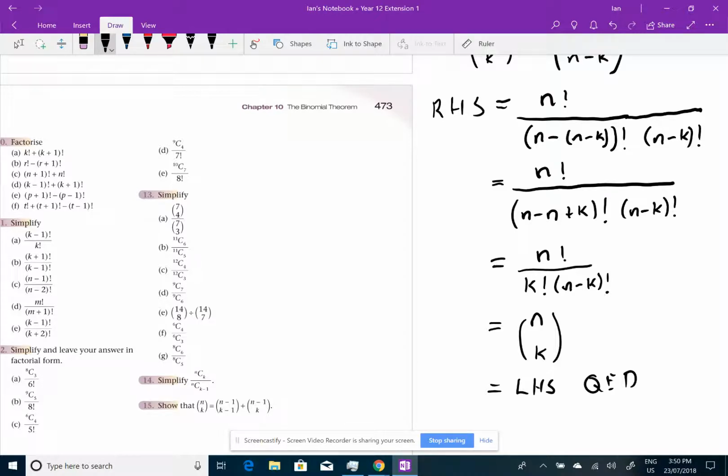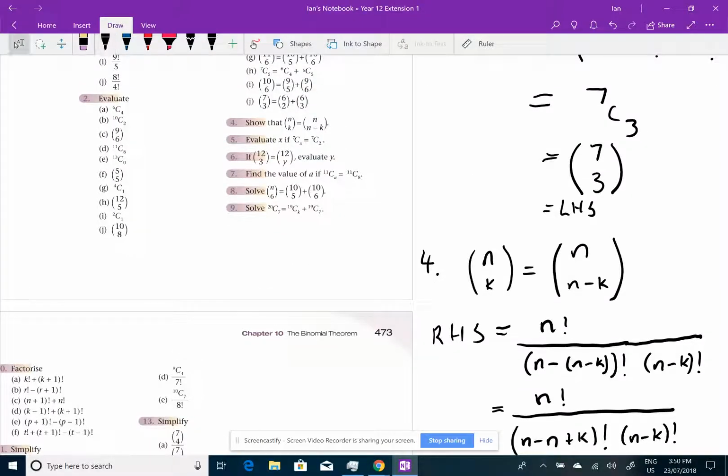So question 4 is like that. Question 5, 6, and 7 are pretty easy. Question 8 is reasonably